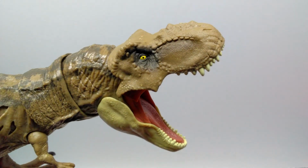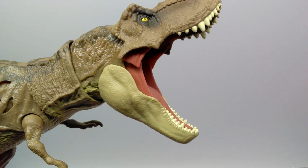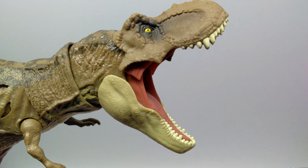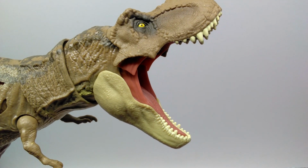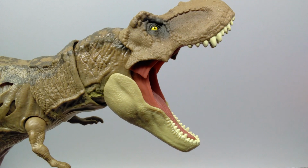Like, you can just straight up articulate the jaw and leave it that way. That is really awesome to me. I'm so happy about that because that's just something that I really love. I love the ability to kind of pose and display your Rex exactly how you would like as far as